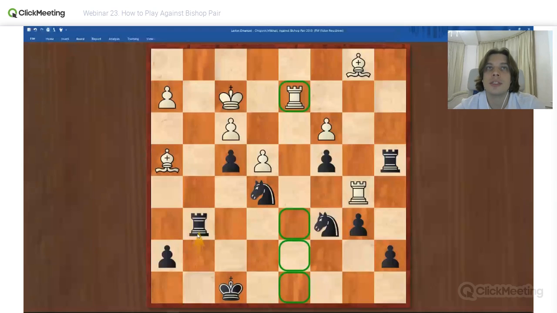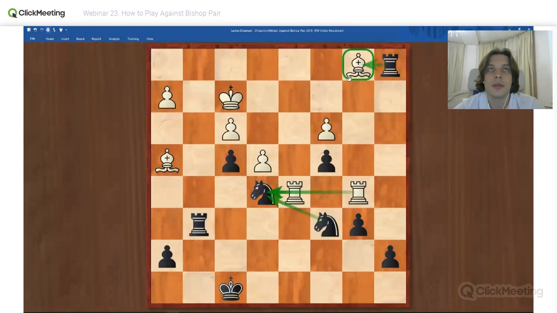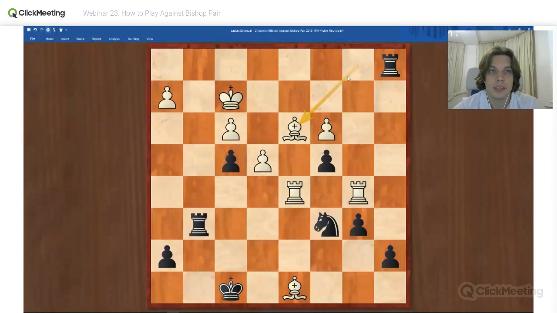However, he plays rook d5 because now our knight is hanging. So rook a1. If now he takes on a5, we take with our knight. He takes with the other rook, but his bishop is hanging on b1. Bishop d8. Knight d3 check. Bishop takes d3. C takes d3, rook takes d3. And then how to play? What do you think?